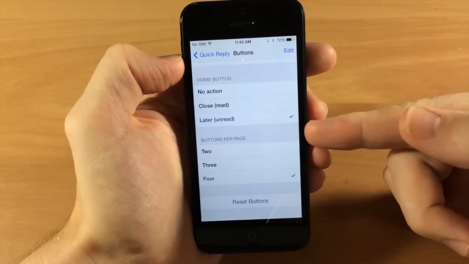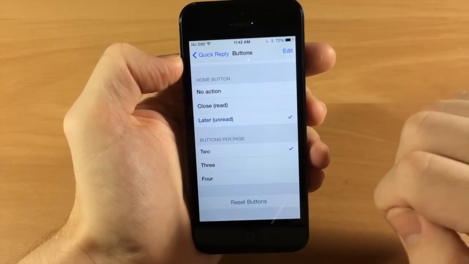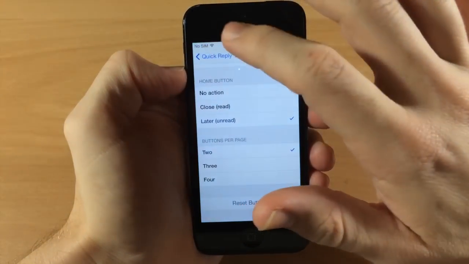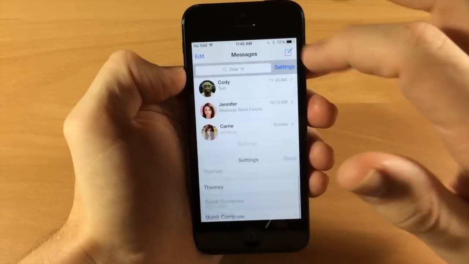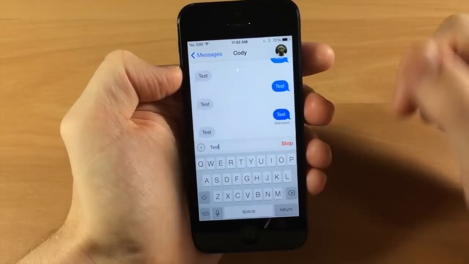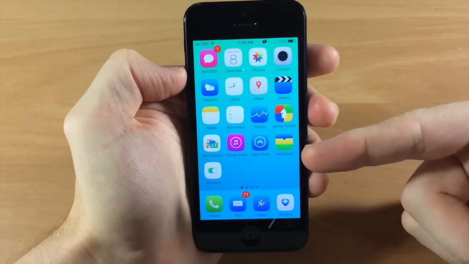Now down here you can change how many buttons you have per page. So we have 4, so if we wanted to change that to 2, so if we wanted to check that out, we will actually go back here and we're going to send ourselves a message so you can see how that looks. We're going to go out, and then once we get our message, we should only have 2 buttons right down here at the